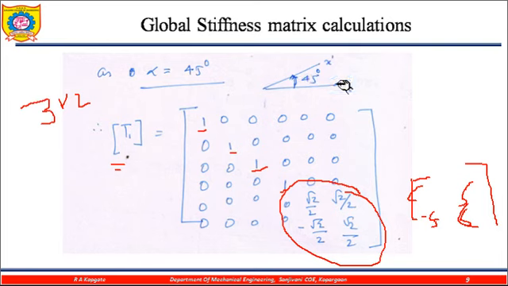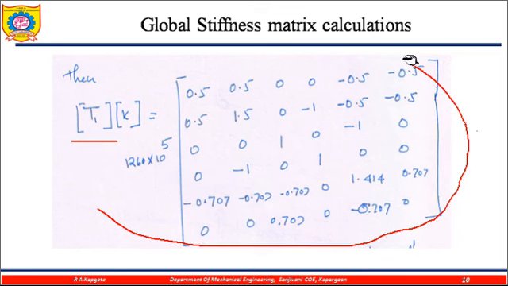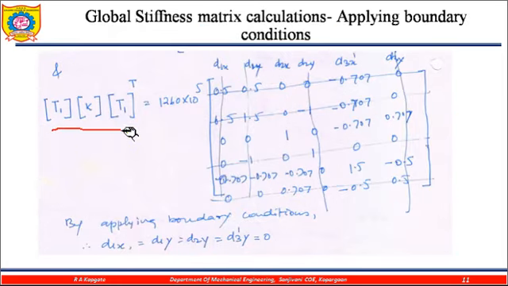So this is my transformation matrix. When I multiply this transformation matrix with my element stiffness matrix, I get values like this one. So once I am able to manipulate these two values, then I need to find the transformation matrix multiplied by K multiplied by the transpose of the transformation matrix. So I'm getting this one. Then apply the boundary conditions, that d1x is 0, d2x is equal to 0,